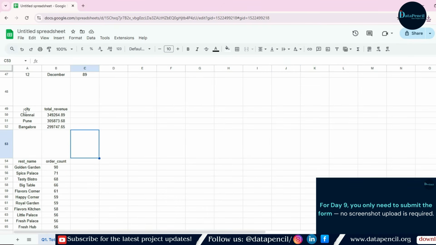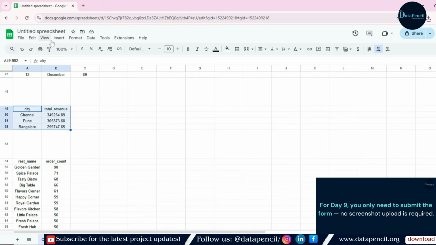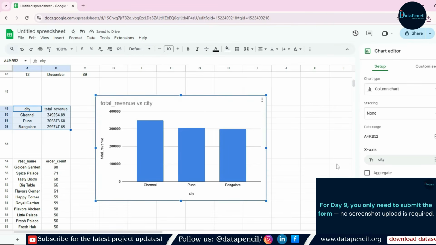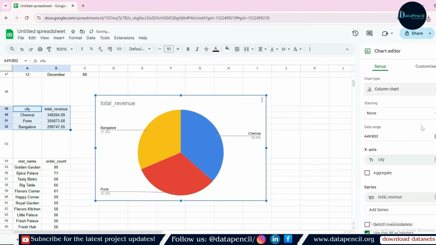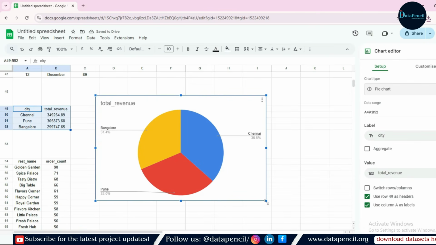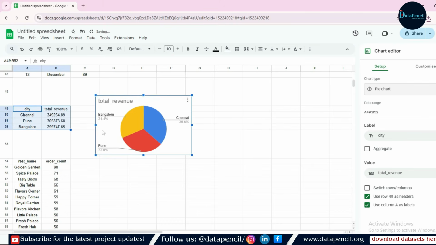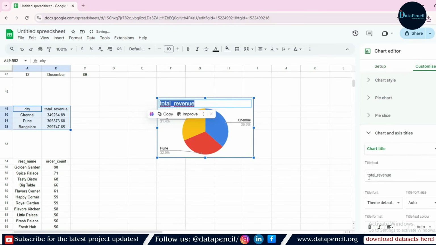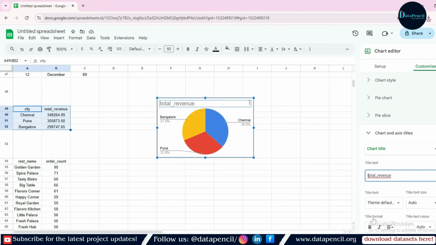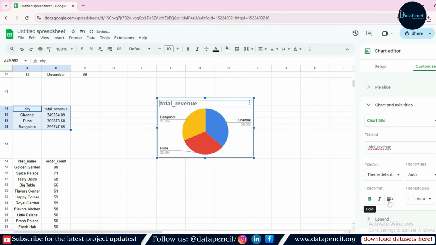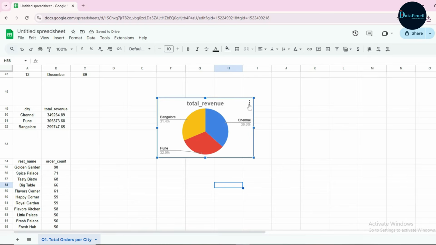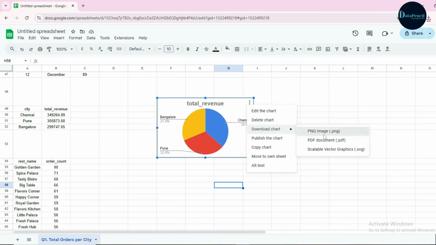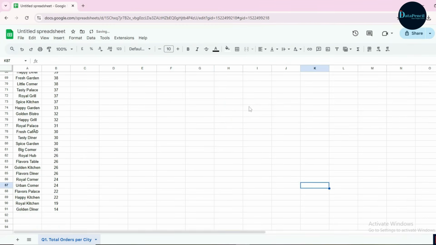Now I'm going to make the chart for this one. So let's select this and again insert chart. And after clicking over the chart, you can see here a bar chart. So this time I'm going to use this pie chart because pie chart is a beautiful one for the lesser rows, the lesser values. Now here we can simply change the title. Let's make it bold and make it at center. Fine. Correct. And let's save it.